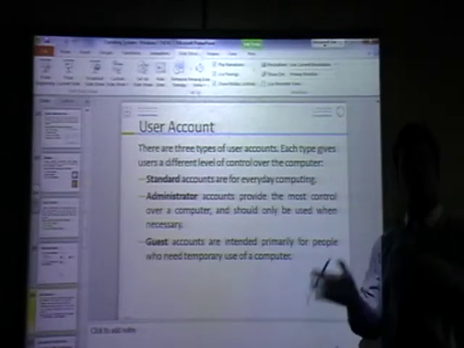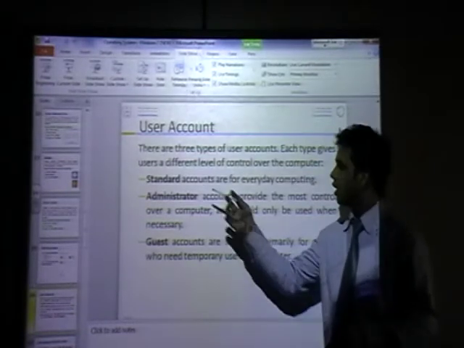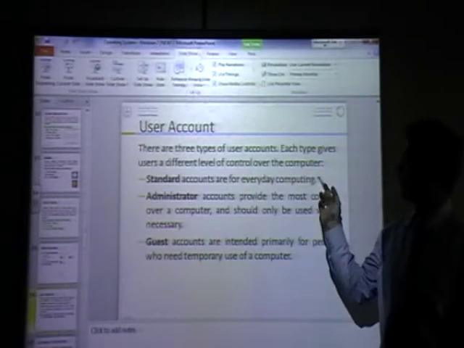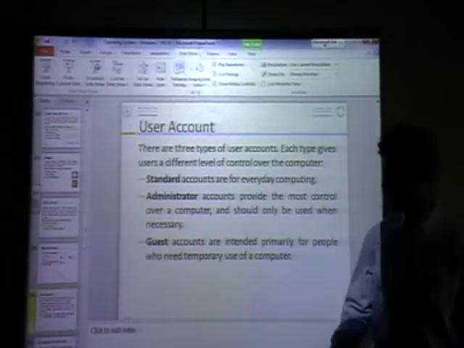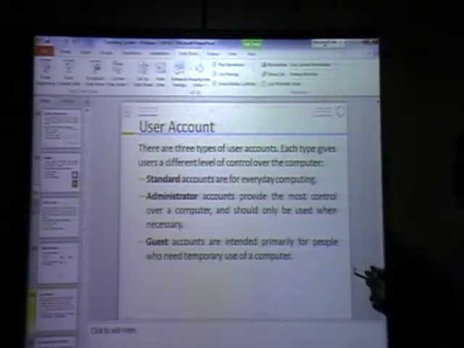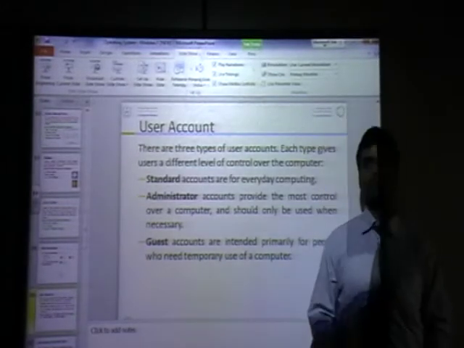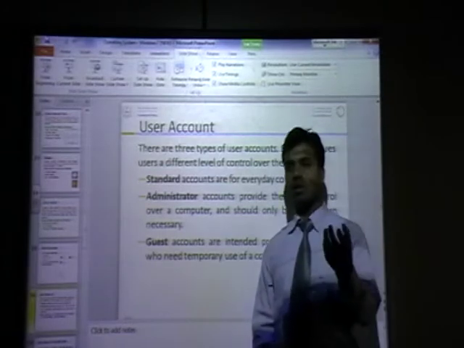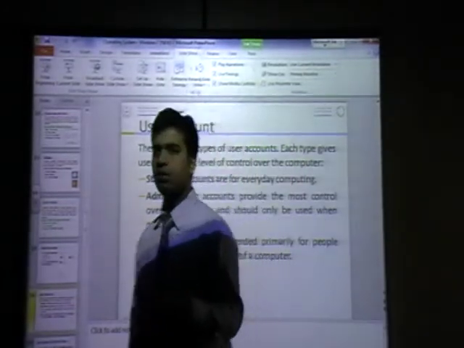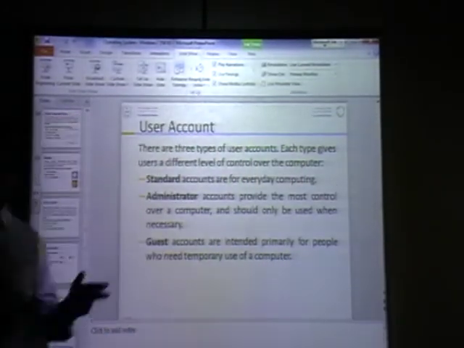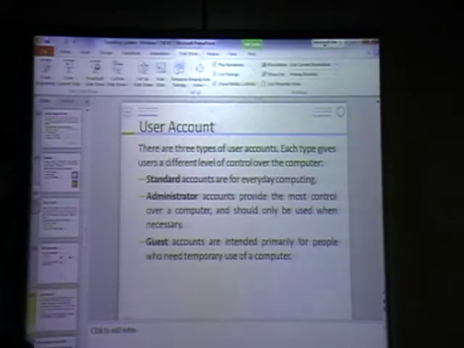He can delete or make a new account, everything. Standard is for everyday computing, means for general use. Guest is intended primarily for people who need temporary access. Some people want to use the computer for some time, temporary, not for everyday. That's why we use guest.